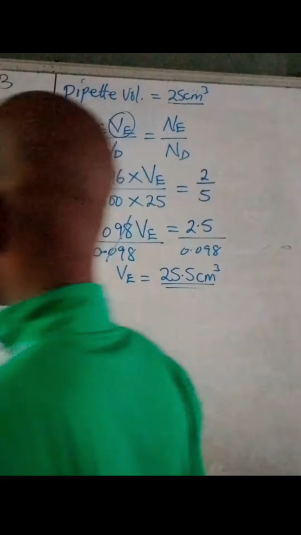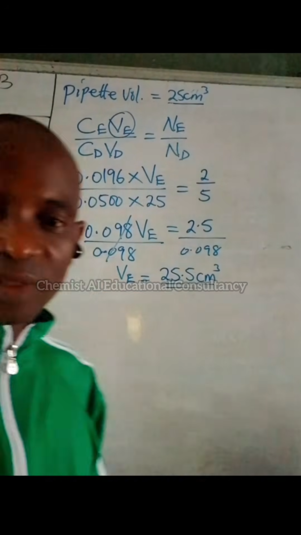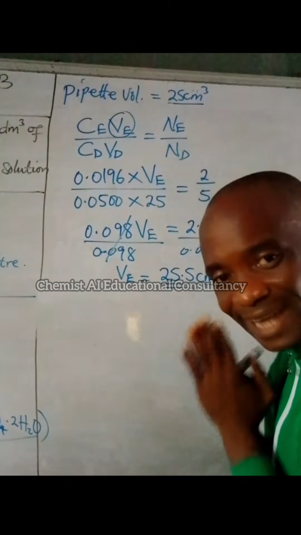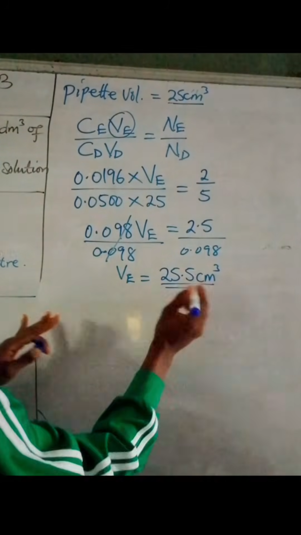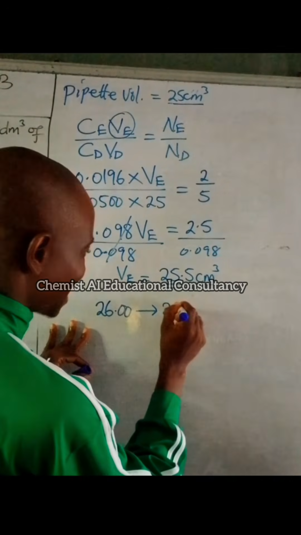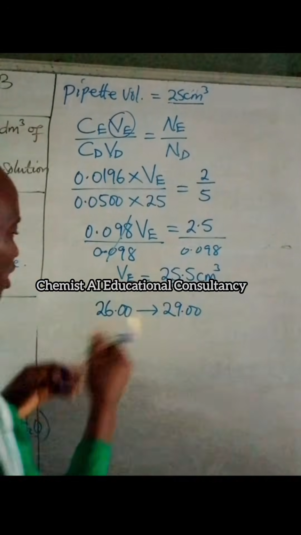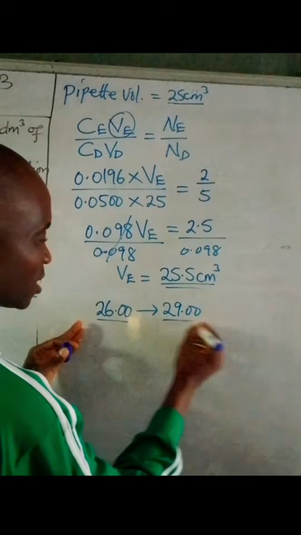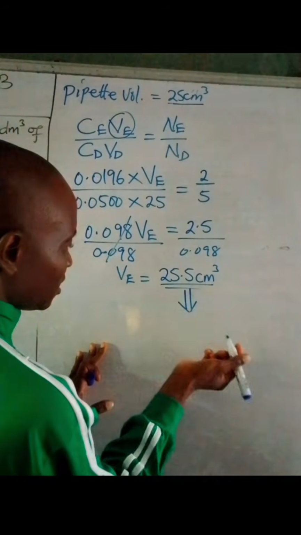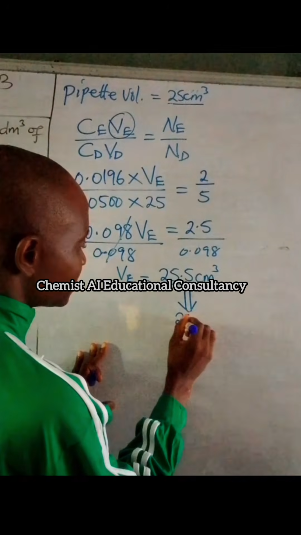Now, the next is to build the titration table. But before that, this is a theoretical value. You must not use this exactly. You can use the range from 26.00 to, let's say, 29.00. Anyone can go 26 to 29. So let us build our table with something closer to this. Let's say 26.00